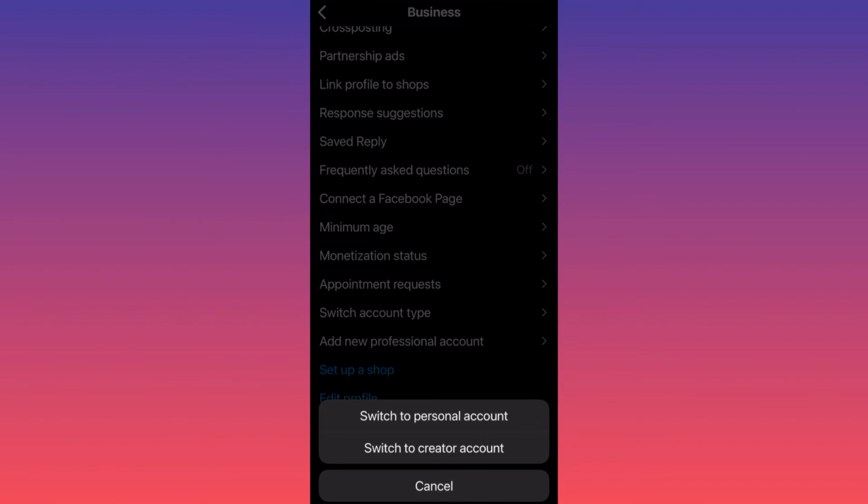When you click over here, you have an option to switch from your current account, which in my case is business account, to personal or creator. If you currently have a personal account, these two options will look like switch to creator account and switch to business account. If your account currently is creator, these two options will be switch to business account or switch to